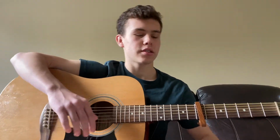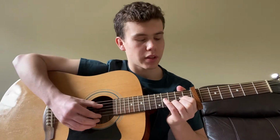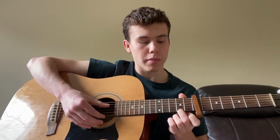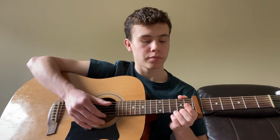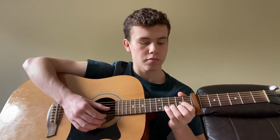okay. And now for the part that goes like, here comes the sun, do do do do. You can put your fingers in the D chord shape again, but you don't really need to. You strum open D string. I usually put my middle finger on the 2nd fret of the high E string, so the lowest string. Then you play it open, and then back on it, then ring finger on the B string of the 3rd fret. So,